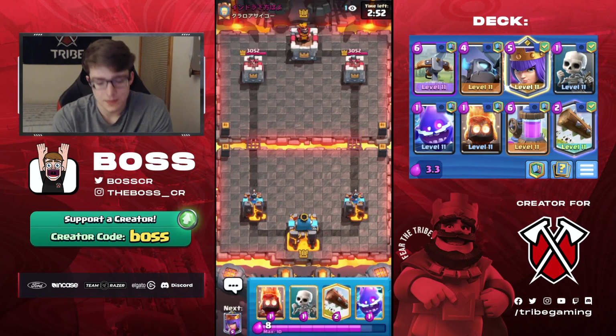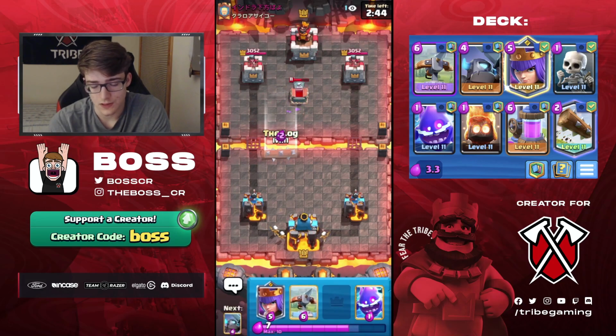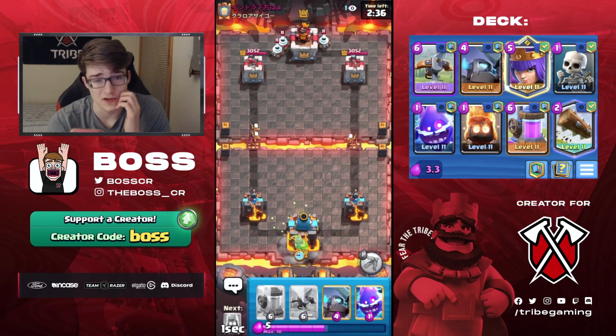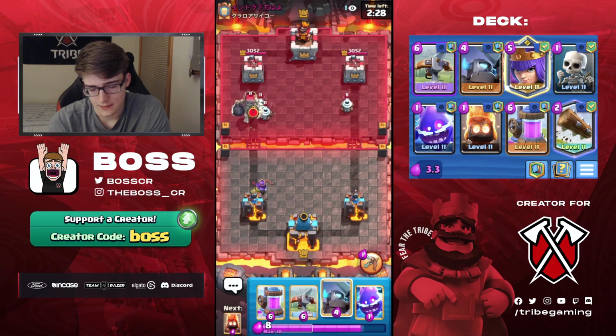Alright, so we found our next game here. We're 8-0. We're doing really solid. So let's go Fire Spirit at the bridge. He's going to go Tombstone. So we'll just log this, get rid of it. Why not? Some people go Expo when their opponent drops a Tombstone, but I think, especially since I already cycled a Fire Spirit, I don't really want to do that. It's a little risky. So Zappy's Tombstone...